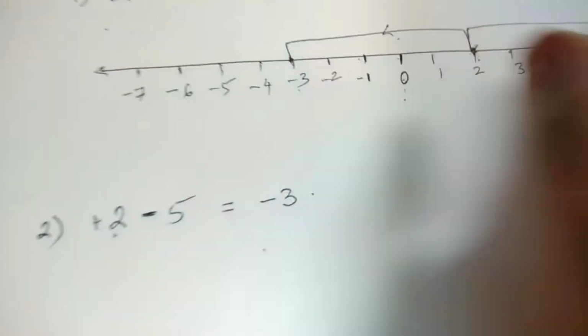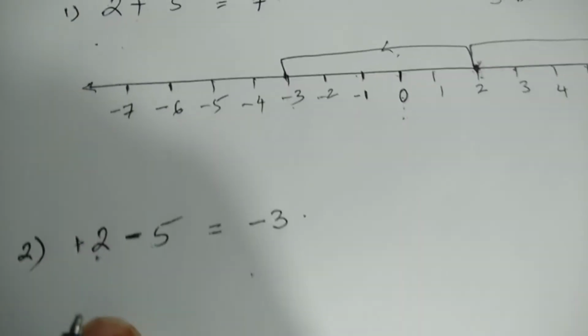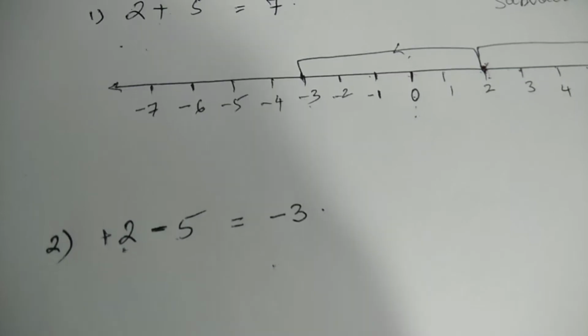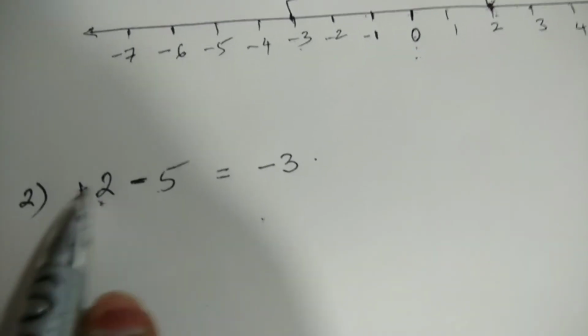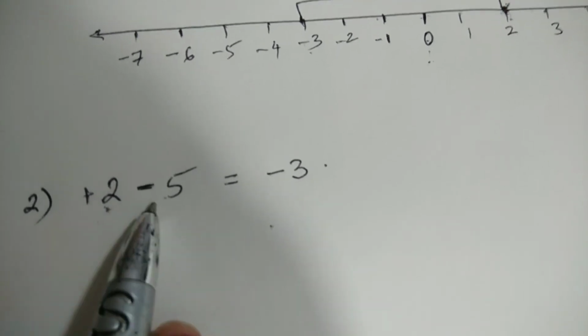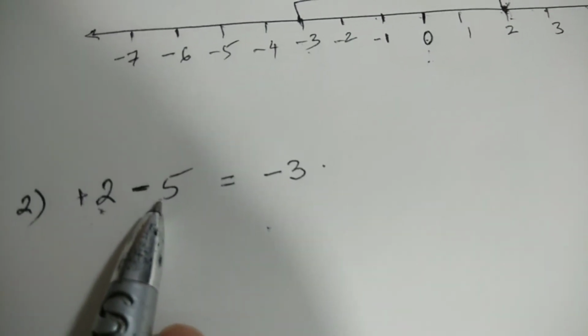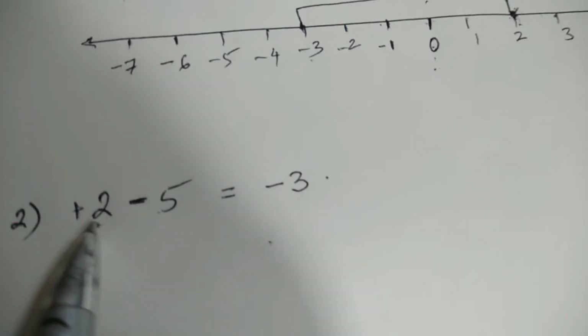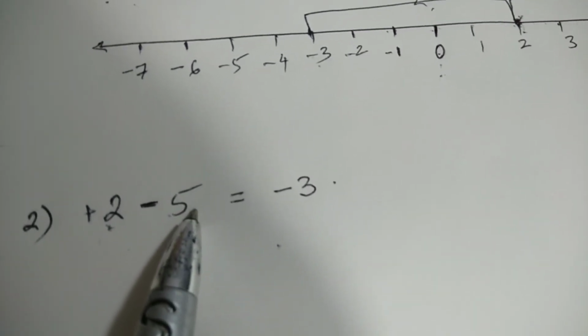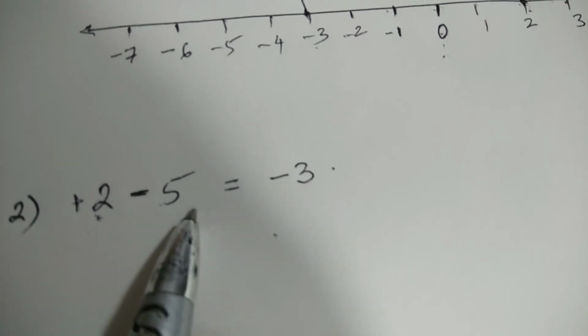Okay, now we have got the answer as minus 3 according to the number line. Now what we studied last week, if you remember: whenever there are two different signs, like plus 2 and minus 5, and we are operating on them, what we have to do is subtract the smaller one from the larger one